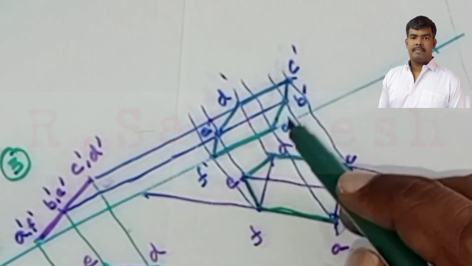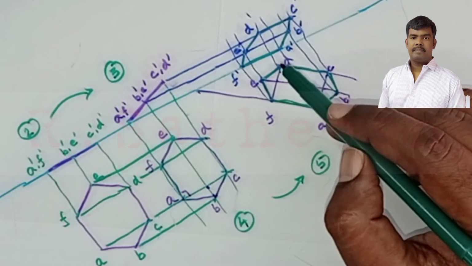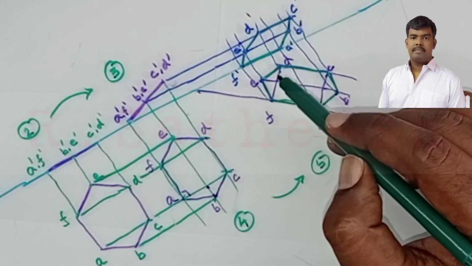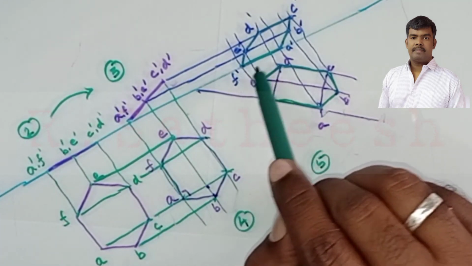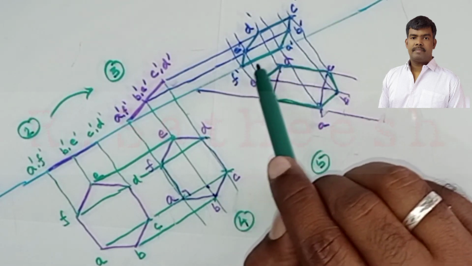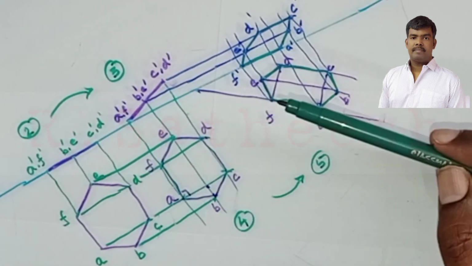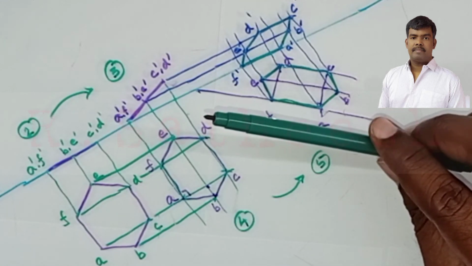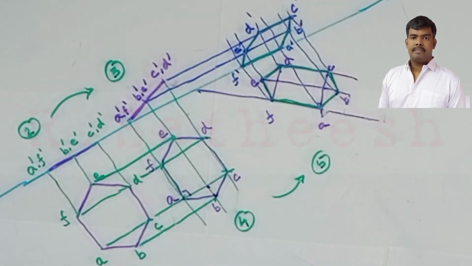Clear? Now cross-check whether our answer is correct or wrong. What are the conditions? When one of its sides is resting on HP, initially we considered the F to A side. So in the final answer, the side F dash A dash is resting on XY, which is nothing but resting on HP. That is the first condition. Next, the same FA side is inclined 45 degrees to VP. So now our solution is correct. Clear? Thank you.